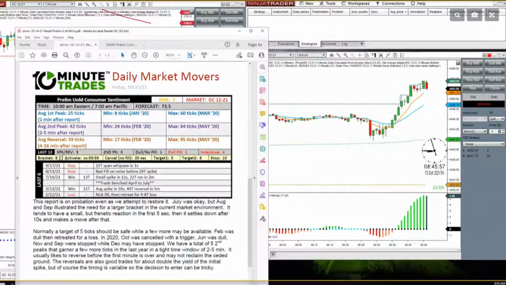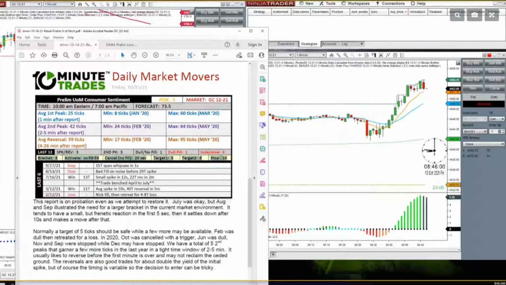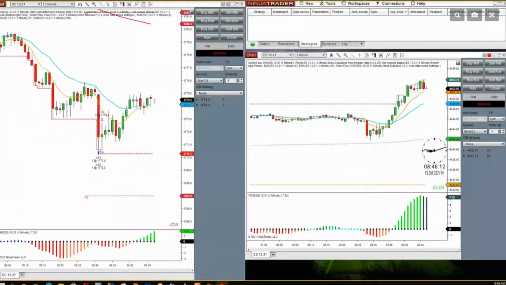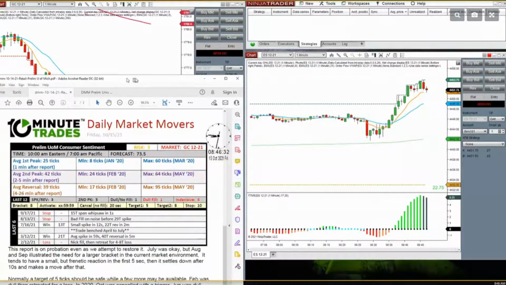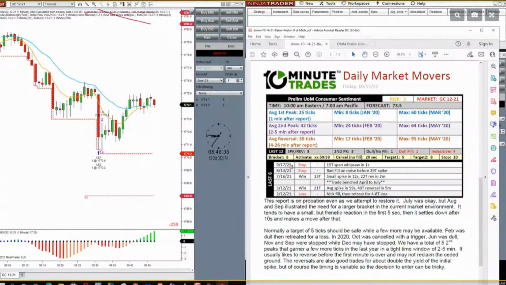But if I were testing this report, my setup, because of my trade journal, is a bracket of 10. That doesn't mean my boss is wrong. He's actually doing a different type of analysis than what we do in the trade room. He's going back, looking at all the market movements, and he's basing his bracket on the analysis of market movements. I'm doing my analysis on test trades and live trades. So I feel that for us in the trade room, I like my brackets.